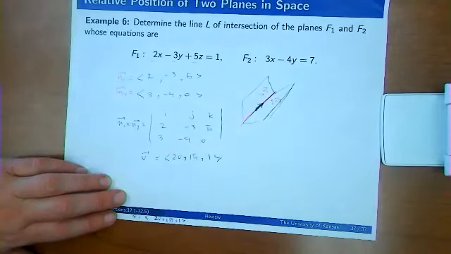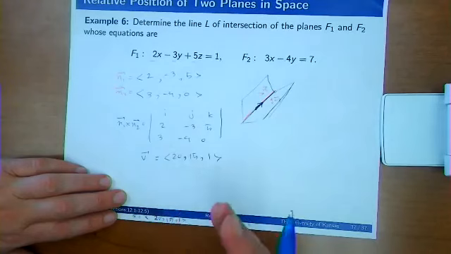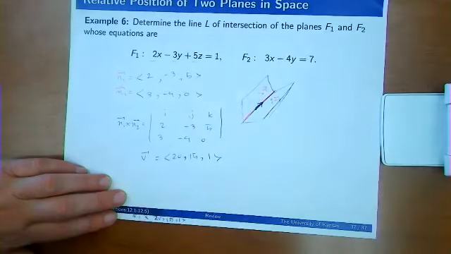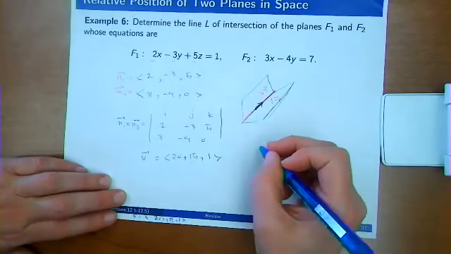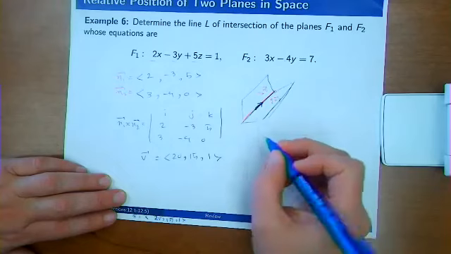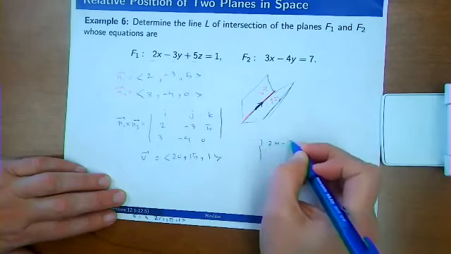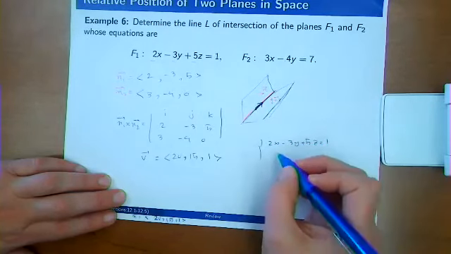So I have a direction vector V, which is what I found. I still need a point for the line. So how do I find a point? And that becomes a question of solving systems of equations. So if this system of equations gives me multiple solutions,